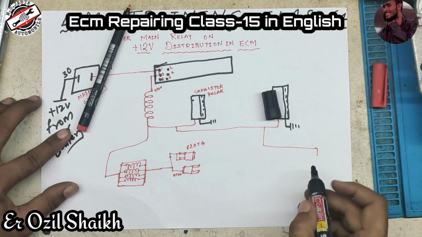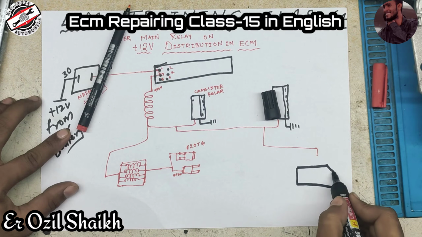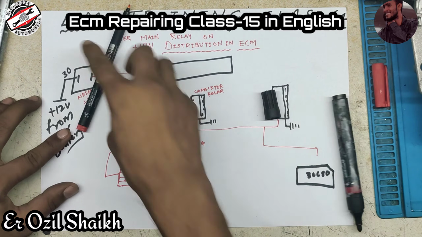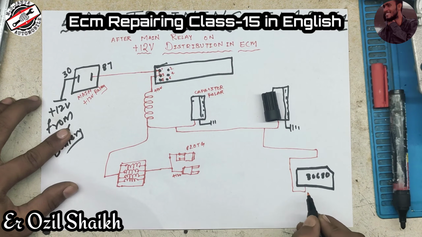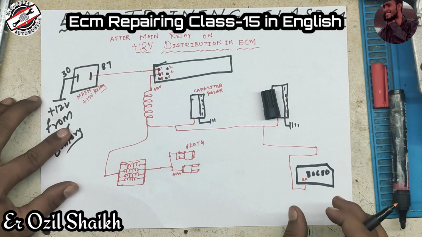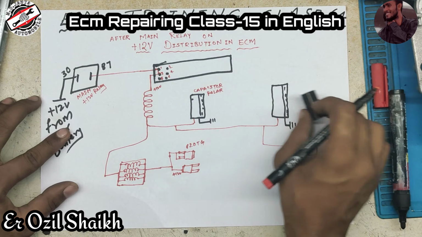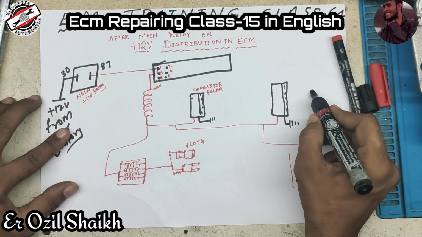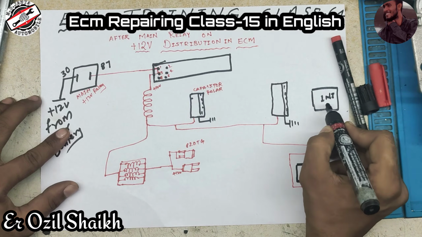And this 12 volts also goes to the power IC. I have many power ICs like 40041, but now we have the 30680 power IC. This IC pin number 20 has 12 volts. If this voltage is not getting to the IC, it will not scan and will not work properly. There is no communication. Why? Because the ECM is getting no voltage, so it will not work.